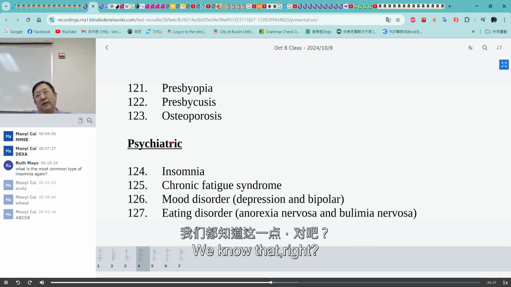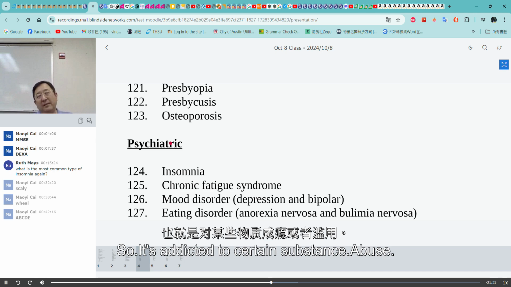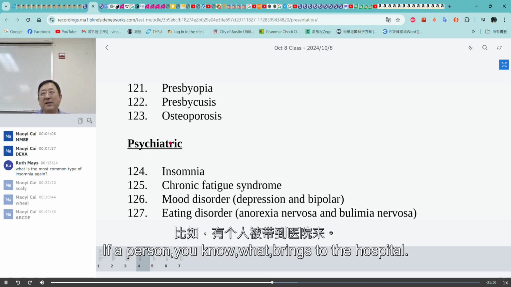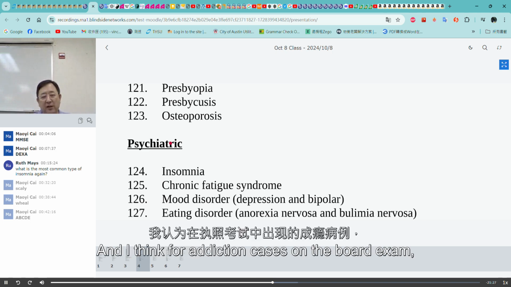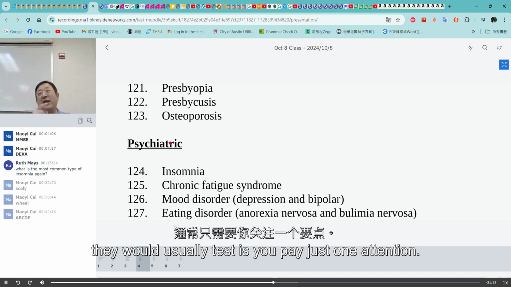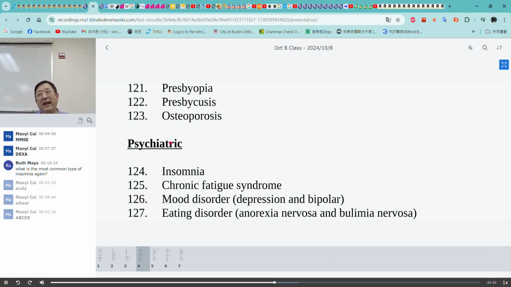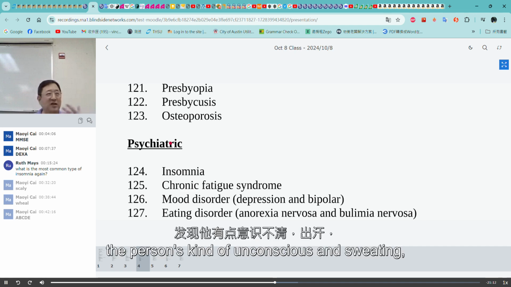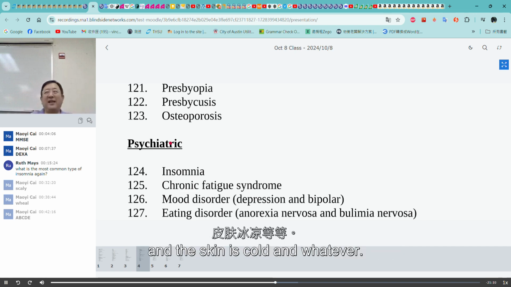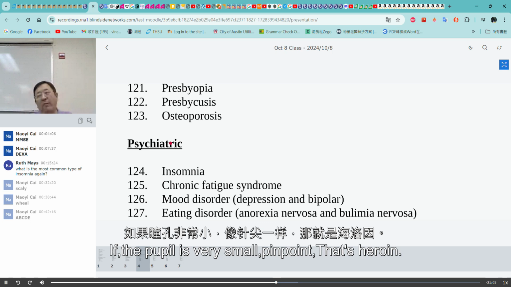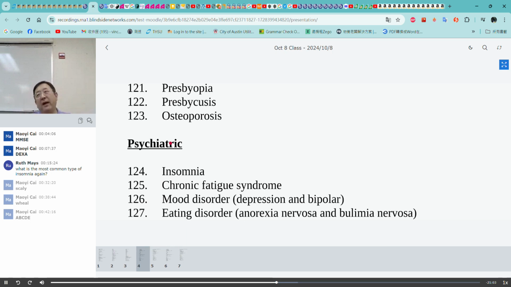Addiction, of course, we know that, right? So it's being addicted to a certain substance, but that's usually with a case they give you. If a person is brought to the hospital, for addiction cases on the board exam, they would usually test this: if you pay just one attention, you would know. They say a homeless person is brought by the police to the emergency room, okay? And when you check, the person is kind of unconscious, sweating, and the skin is cold. But look at the pupil. If the pupil is very small, pinpoint, that's heroin,